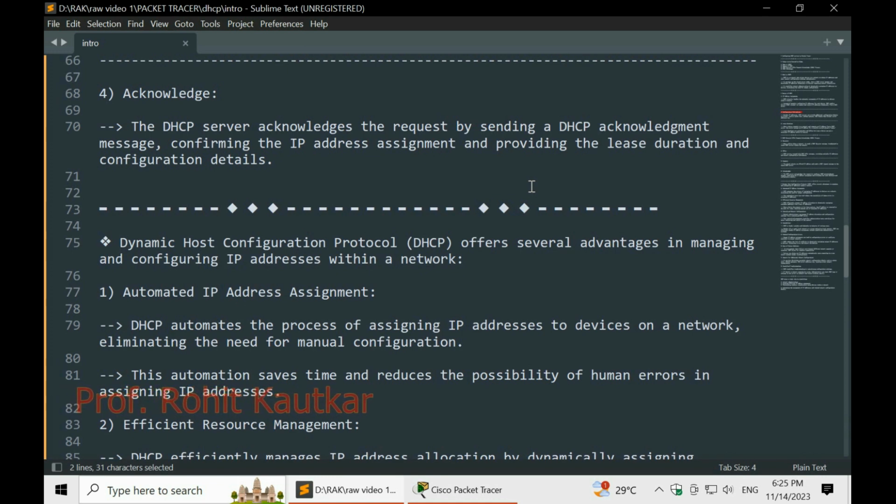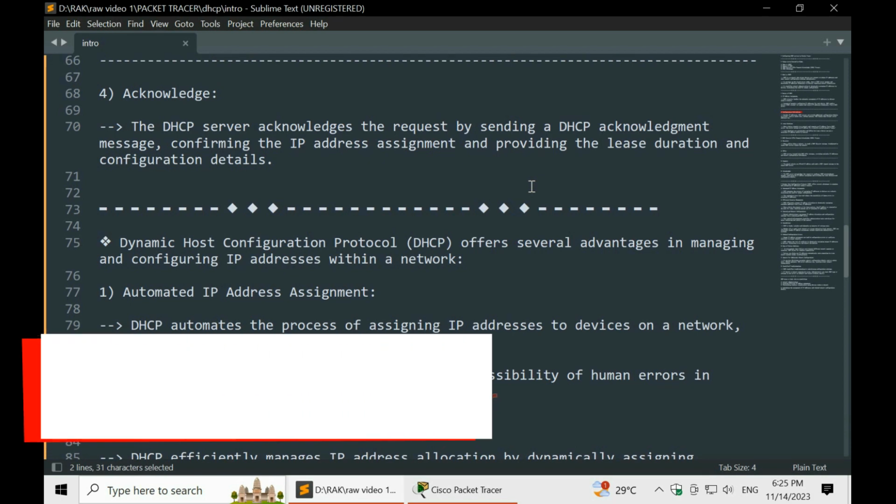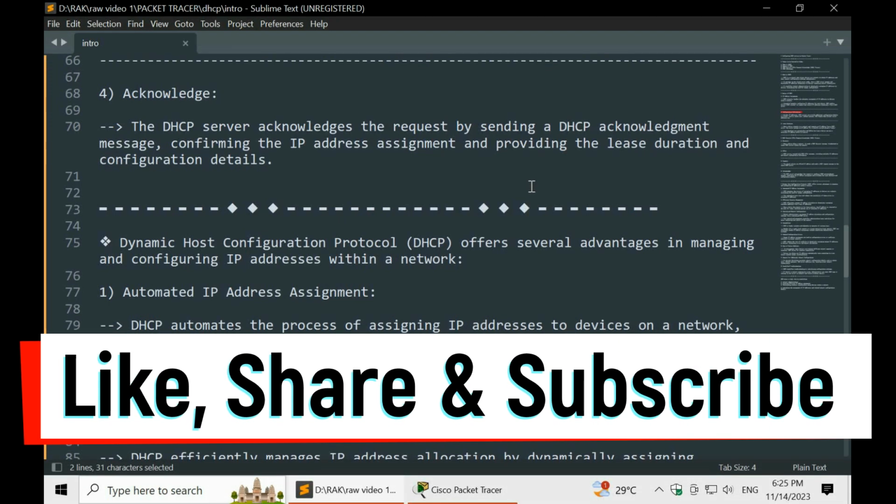It will provide that IP for whatever configured lease duration, and with the IP it will also provide the other configuration details. So this is basically the DORA process. The DORA process contains 4 stages: discover, offer, request and acknowledge.